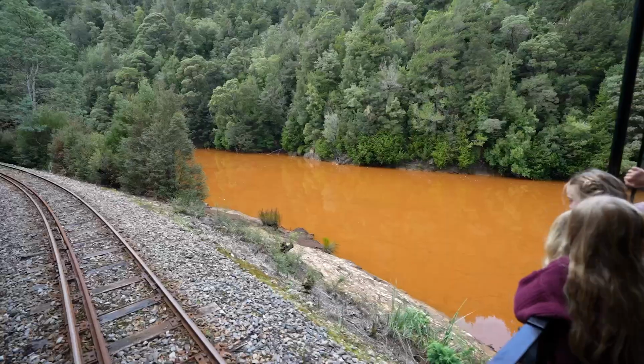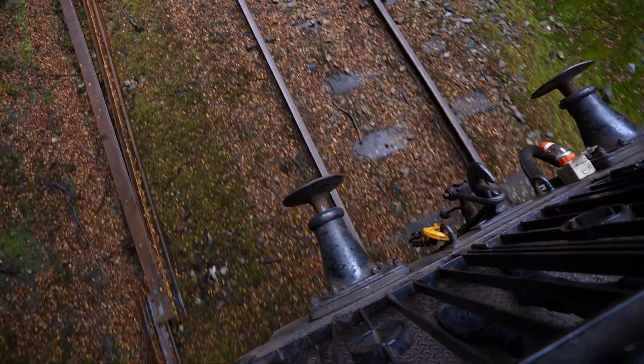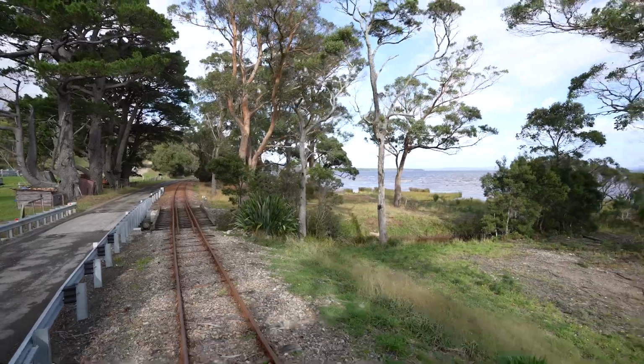Romantic shot. We are now heading back to where we started, and this has been such a fun day. We've had lots of good food, lots of beautiful views, and it's been a great time. We have a bit of an emergency bush wee. Don't